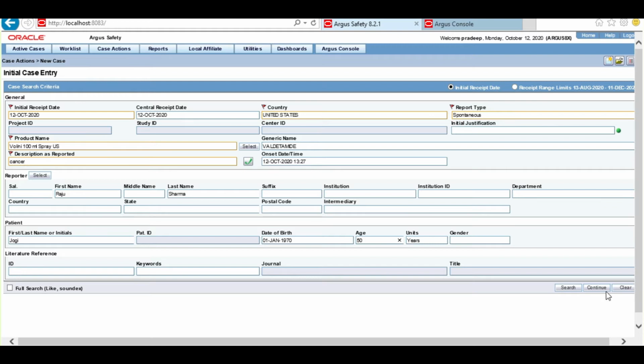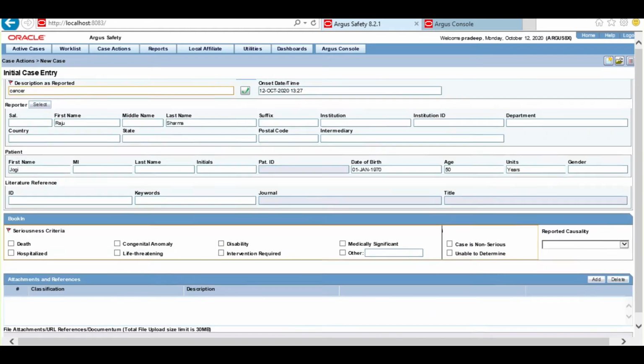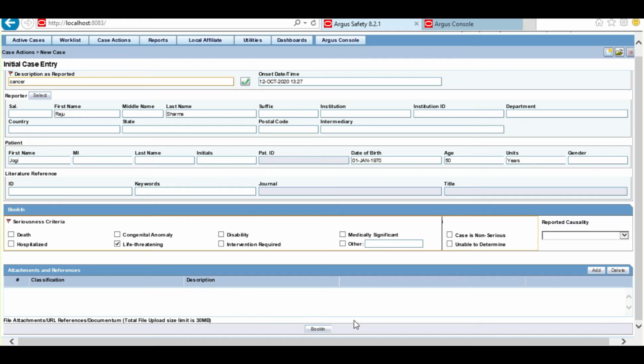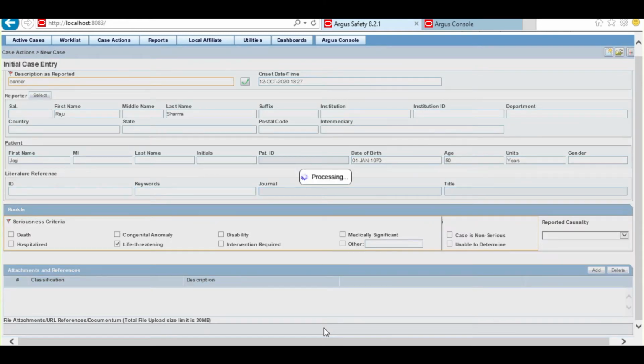Let's click on the continue button to register the case. We are going to select life threatening because our reporting rule has a parameter that the case should be life threatening so that our report can be scheduled.